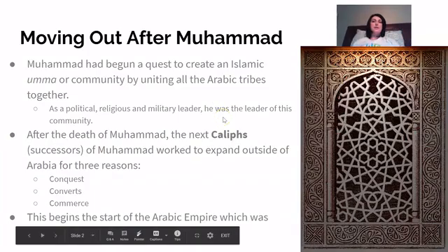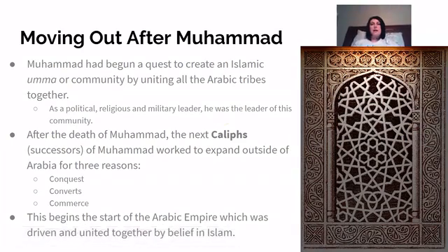So, in our last lectures, we started looking at the art of the Islamic world, and we really talked about how the beliefs of Islam influence the way that the art and architecture appears early on. We looked at the Kaaba, which is the holiest site in Islam. We looked at the Dome of the Rock. We looked at the design of different mosques, which no matter where they are in the world, even though they may take on regional characteristics, are still going to have the same features.